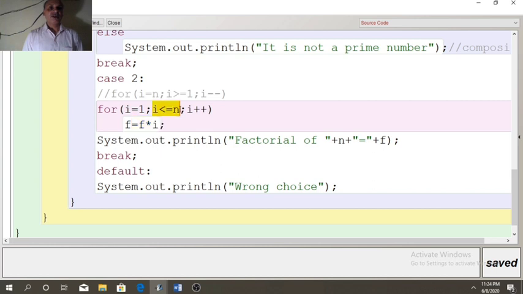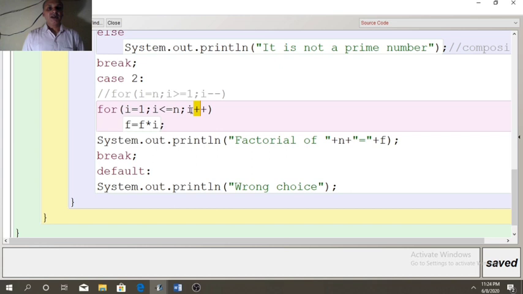This time 2 is less than or equal to n. Satisfied. So again body will run f equal to f into I. So previously we had f equal to 1, but this time value of I is 2. So here we will get 1 into 2, that is 2. So f will update to 2.